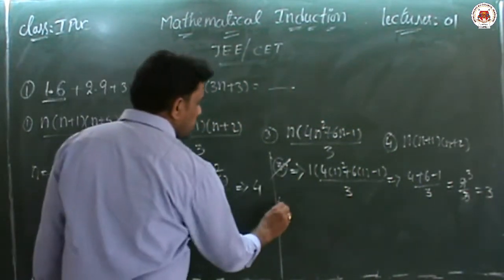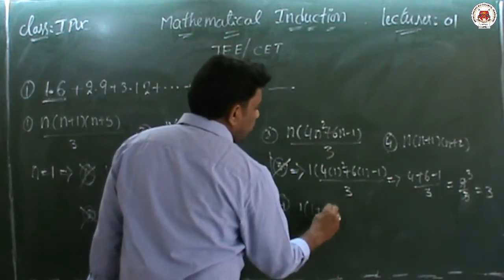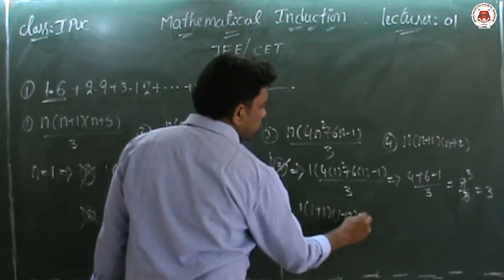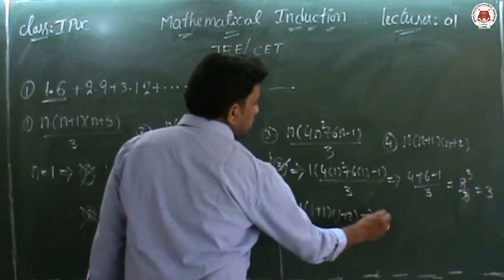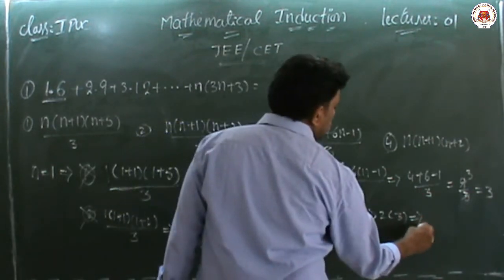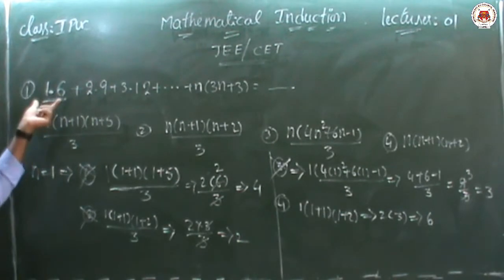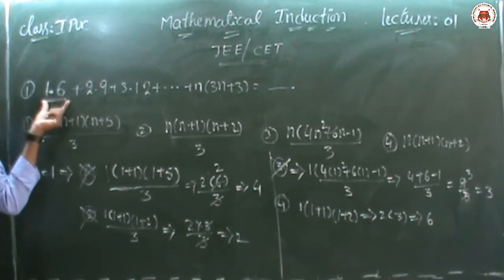Now lastly we go to the fourth option. In the place of n, you write down 1 into 1 plus 1 and 1 plus 2. So what is the answer? 1 plus 1 is 2, 2 plus 1 is 3. So 2 3s are how much? 6. So my dear children, if n equal to 1, here the first option is 6. So we need the answer also 6.